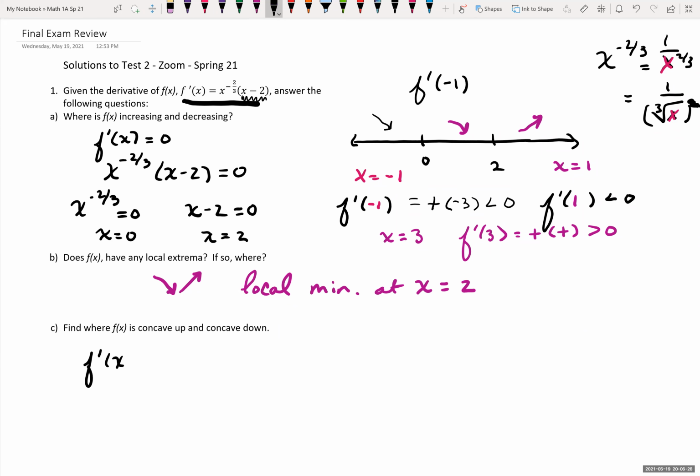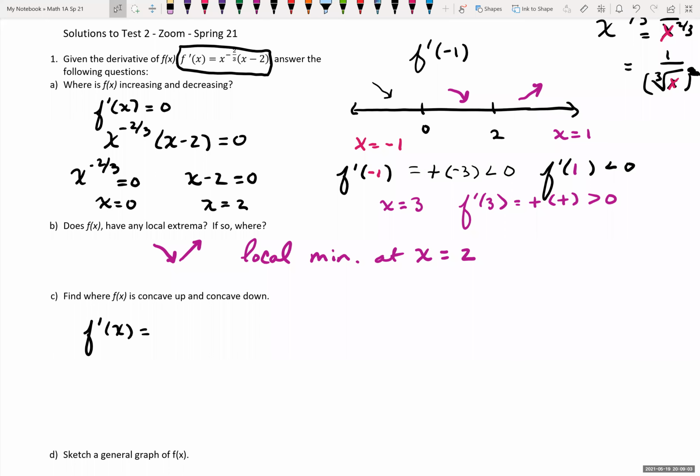So we want to find the second derivative to find our concavity. We can either use the product rule on our first derivative, or we can distribute that x to the negative 2/3 power. So let's just distribute that x to the negative 2/3, then we don't have to worry about doing the product rule. So if we distribute x to the negative 2/3 times x, we add our exponents. So negative 2/3 plus 3/3 is 1/3, minus 2x to the